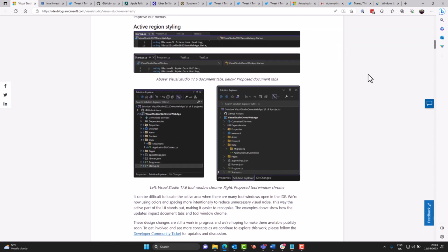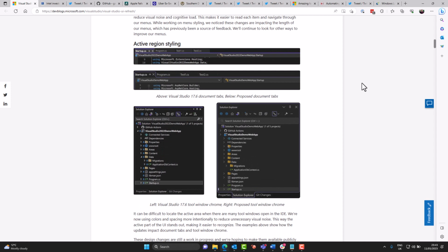And for productivity, they say the UI updates work towards creating more consistent experiences, making it easier to navigate the product with confidence by reducing the amount of time it takes to get familiarized with the UI. They say the update also will work to reduce cognitive load and mental fatigue, making Visual Studio a more comfortable